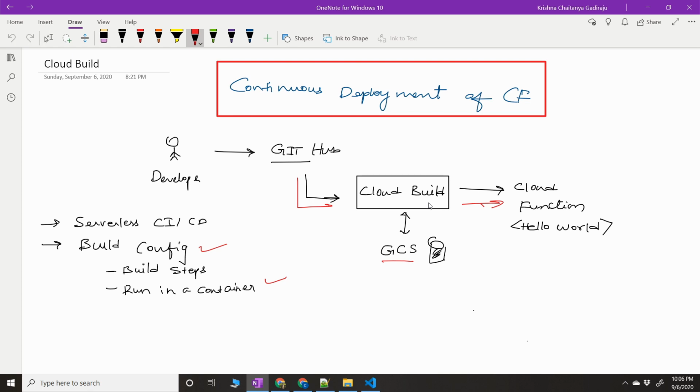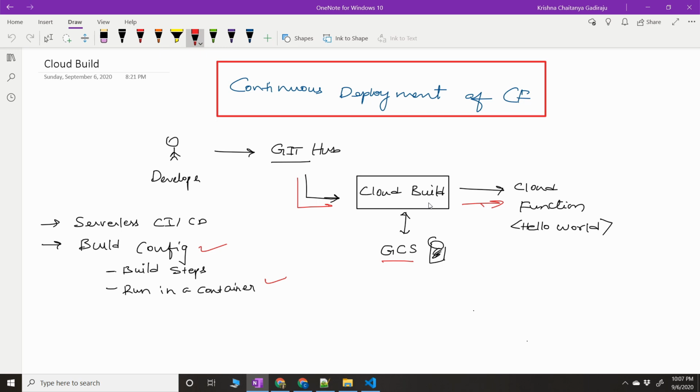Now you can do the same exercise for App Engine or Google Kubernetes Engine, or you can also integrate Cloud Deployment Manager, and you can make this whole thing more complex by integrating with Git. So the most important thing is, let's say if anybody would ask you how cloud build is different from Jenkins, and in which scenarios, or why would you have to use Jenkins